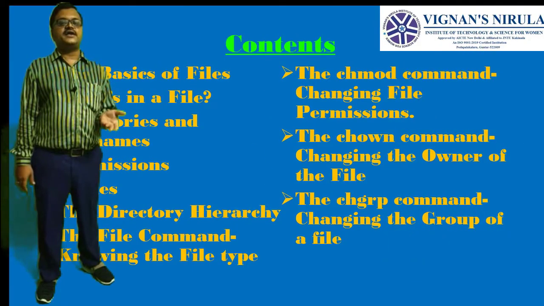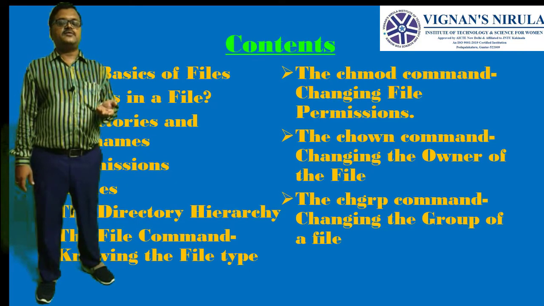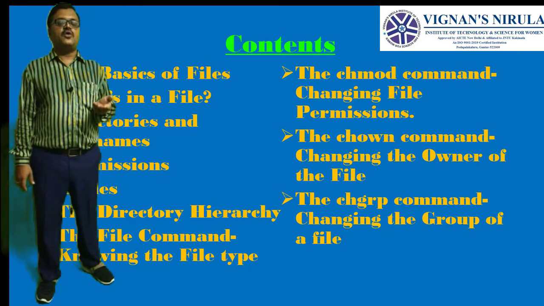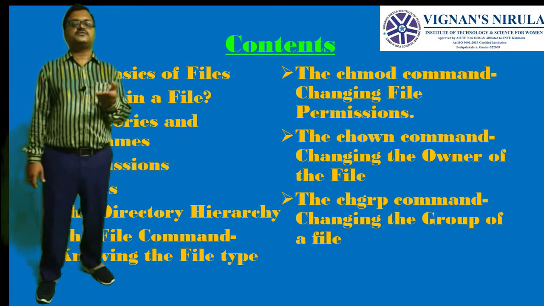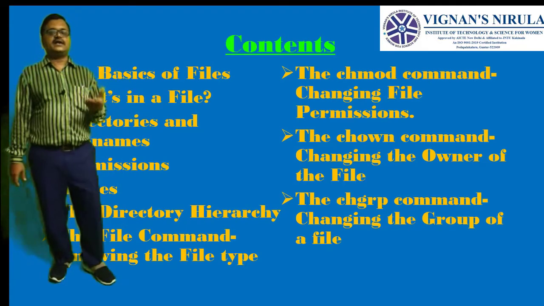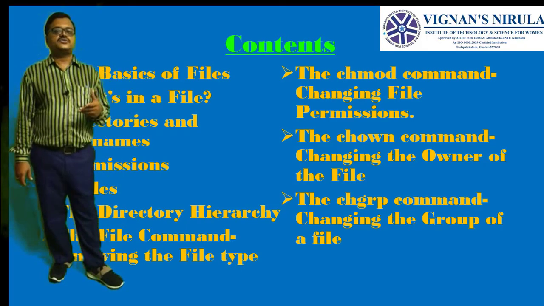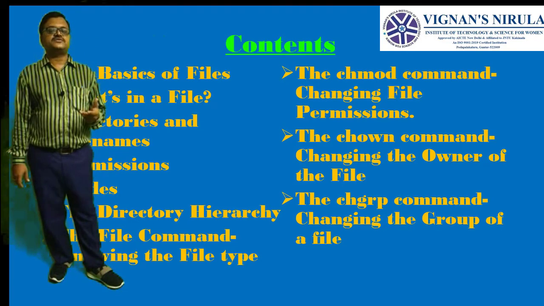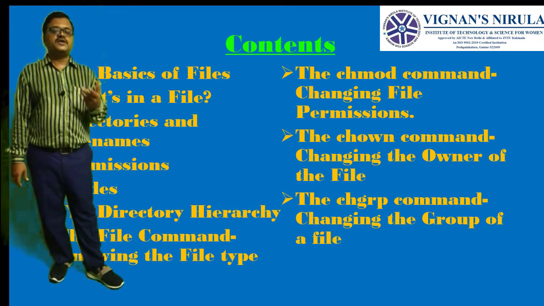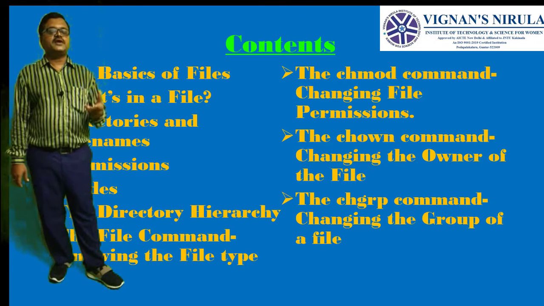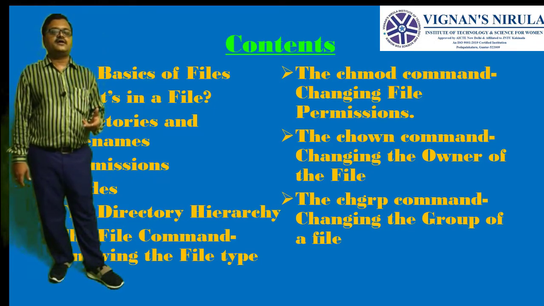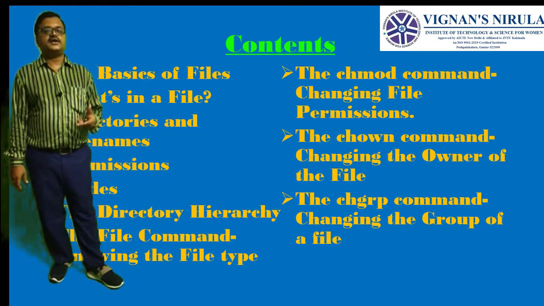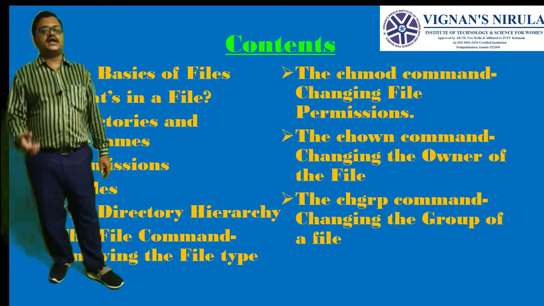What are the different directories present in Unix? How many directories are there? What is the hierarchy and what is the formation of files inside the directory? How are they formed? What is the meaning of each file? What does it contain? We will get this information in the directory hierarchy. This is about the directory hierarchy.